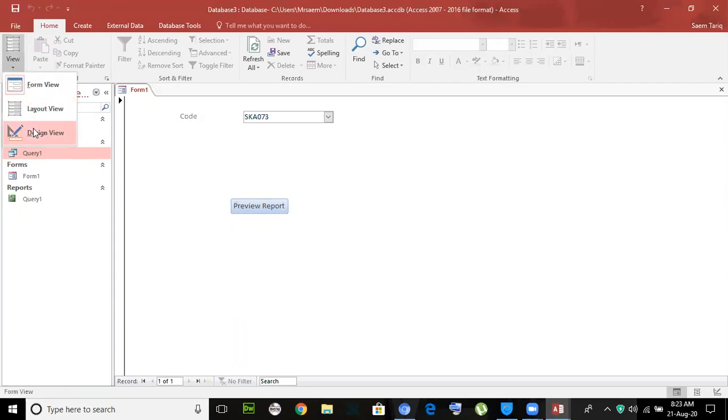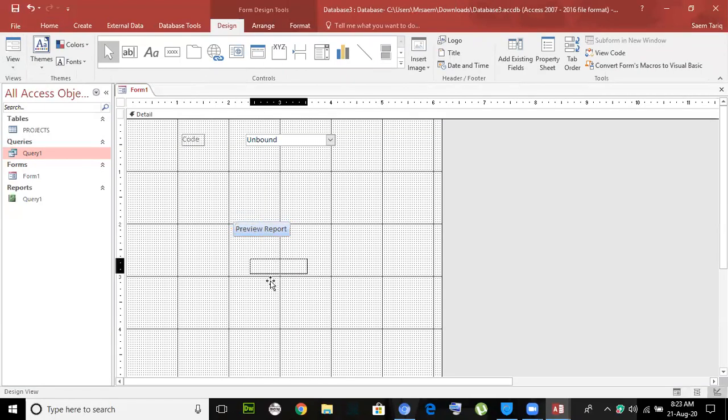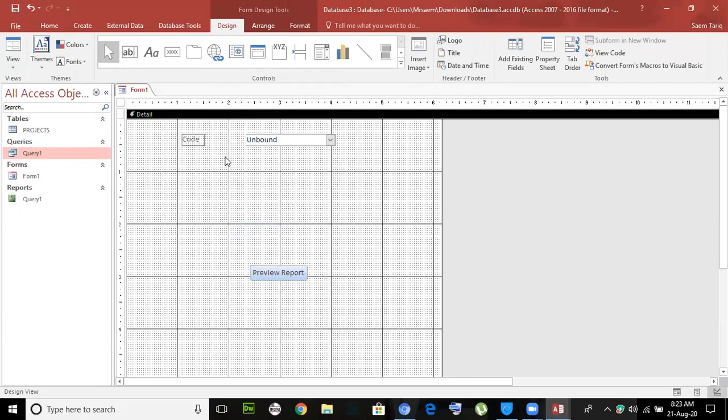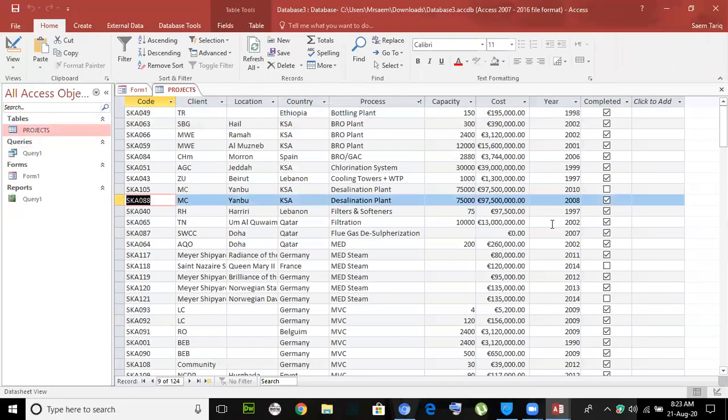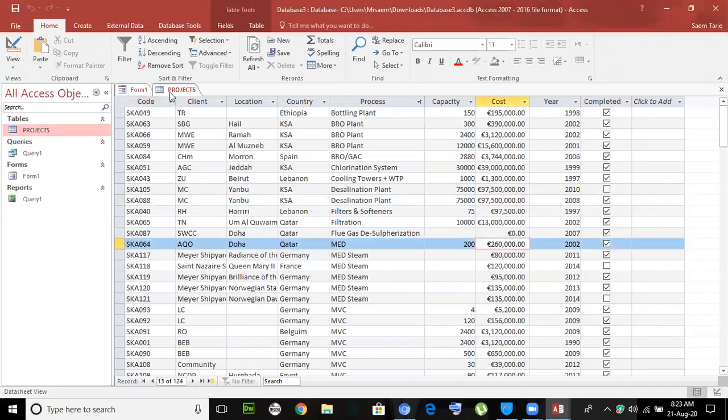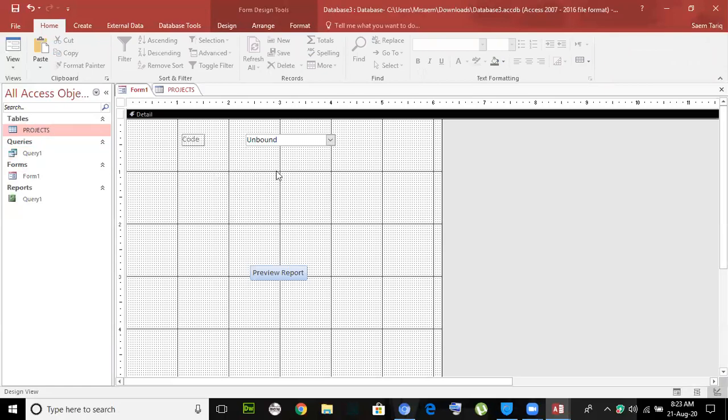Okay, now what do we have to do? The next part that we need to discuss today is that I want radio buttons here. I want to give discount to different clients. I want to make such a kind of facility that if I select a code, and you see its cost is coming, I have a code and cost. For example, I want to have over here: please give the following discount to the customers, and I will have 0%, 10%, 20%, 30%, 40%. If through the radio button I select, let's say, 20%, and if I say preview report, then